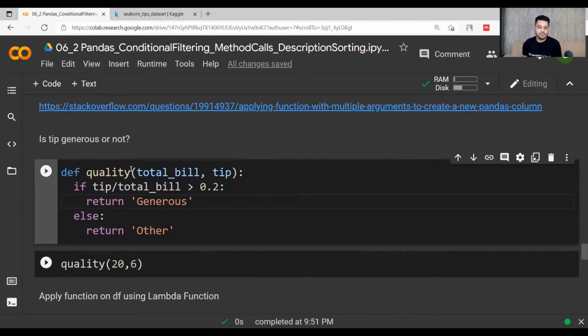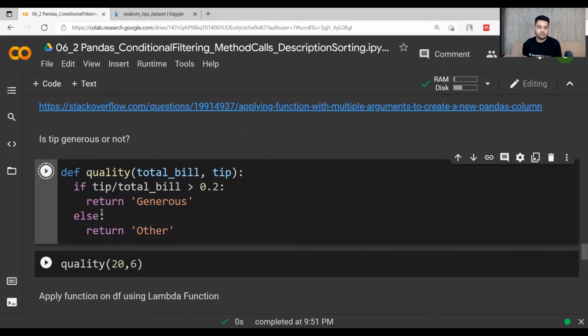So it is a simple function in which we have two arguments. We are passing two values into a function. We have defined our custom function, and it can be given any name. So if tip divided by total bill is greater than 0.2, it means more than 20%, return generous, otherwise it will return other, right?